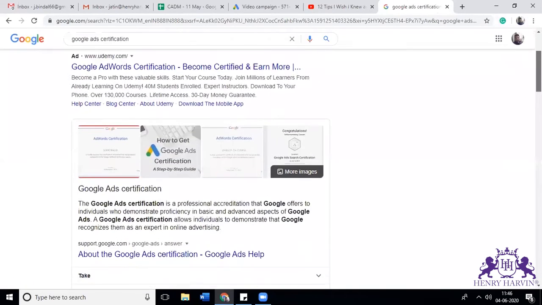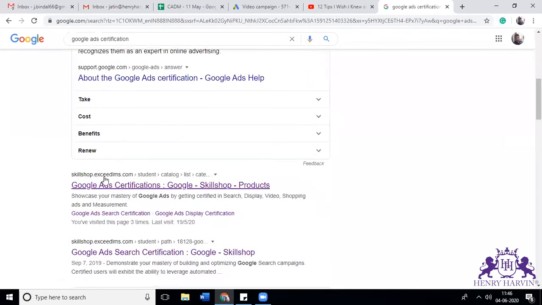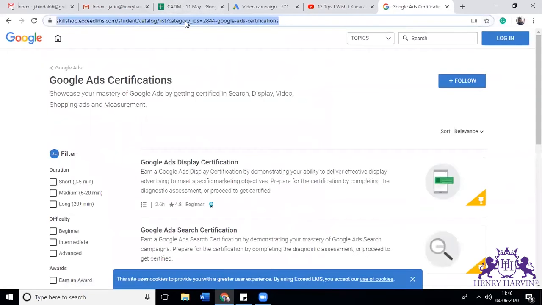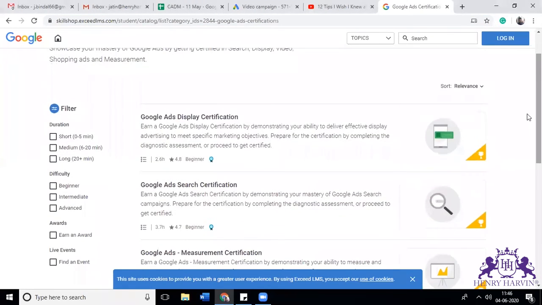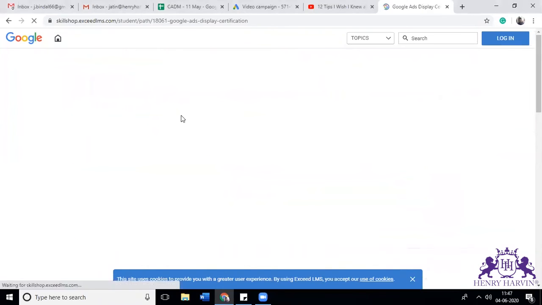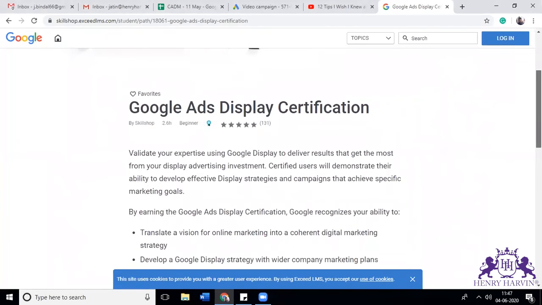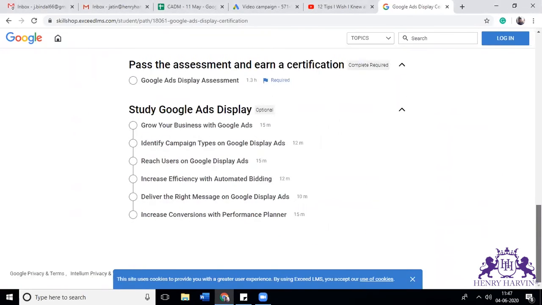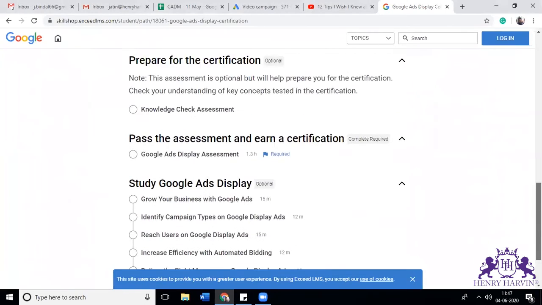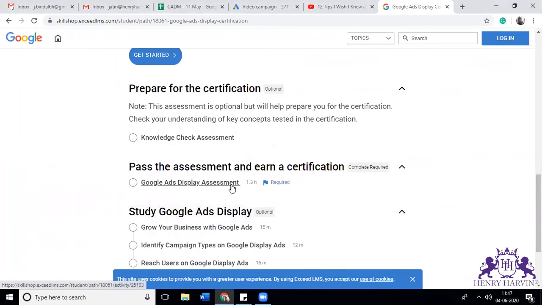I'm sharing a URL as well. You can open this URL and log in with your Gmail ID, and then you can go on any certification. If you want to go through the course, you can, or if you want to give the exam, you can select the exam and give it.